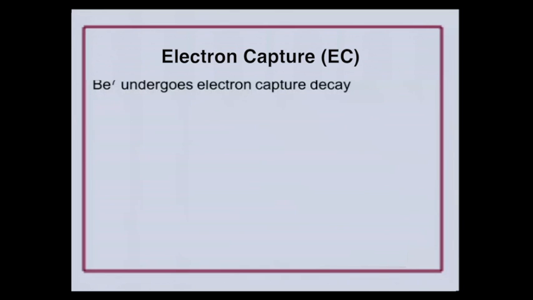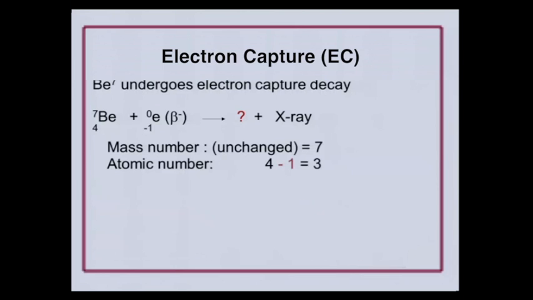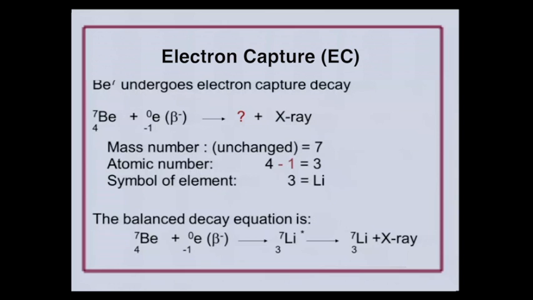So let's take a look at beryllium-7. It undergoes electron capture. Here's how we annotate that. The resulting daughter product would be Z number of 3, which is lithium, and our balanced equation would show this. Now, in this particular case, you see the lithium with the asterisk. That is an indication that that is a metastable state. And if we were to look up lithium-7 on our chart of nuclides, we'll see that indeed that is